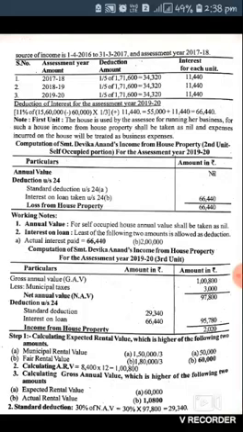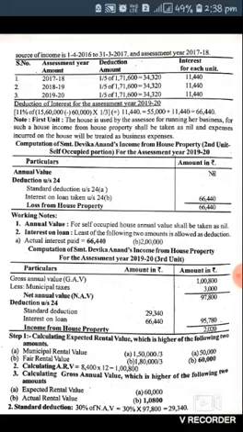11% of 15,60,000 minus 60,000, into 1/3, plus 11,440. Here 55,000 plus 11,440 equals 66,440. For the first unit, the house is used for business. For such a house, income from house property shall be taken as nil, and expenses incurred on the house will be treated as business expenses.